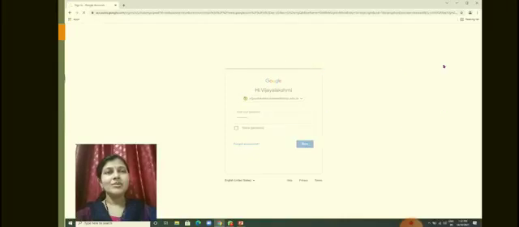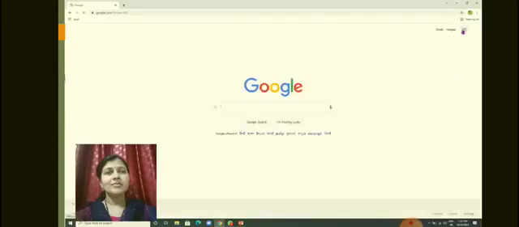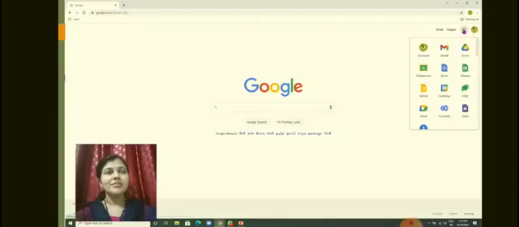Now you can see the Google Apps. These 9 dots, when you move the cursor over here, you can see the Google Apps. When you click, this will show the Google Apps.